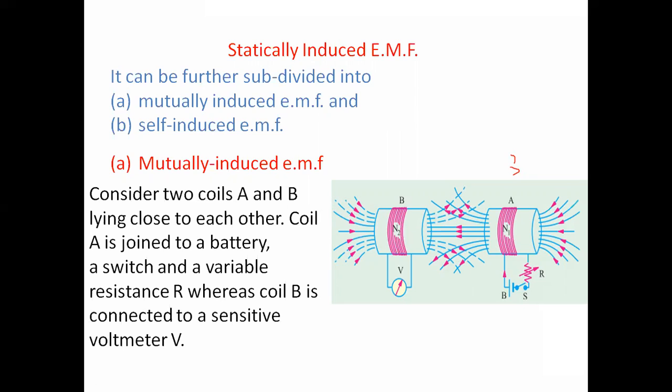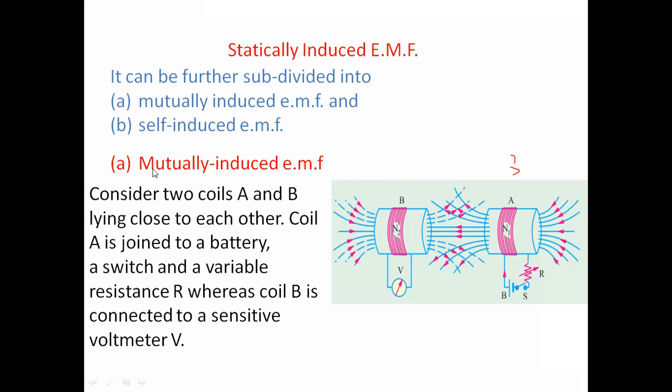We apply the voltage at the primary winding only, but in the secondary we will get the output voltage. That is because the voltage applied to the primary winding generates flux in the primary winding. That flux cuts the secondary winding, and due to that the EMF is generated in the secondary winding. So the transformer works on the mutual inductance principle.